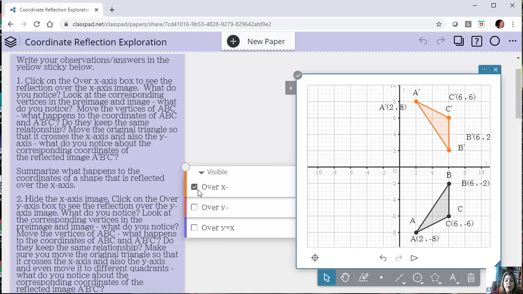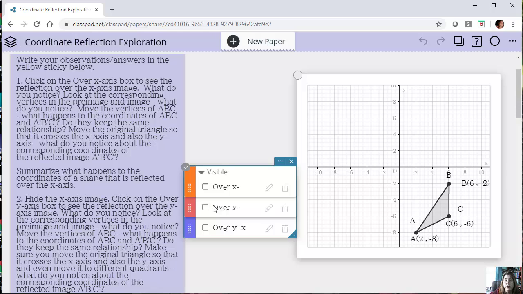So they're going to do that. I'm not going to do it for all of this overview. Now what happens if we reflect over the y? We're going to do the same thing: move things around and see what the rule is here. Over the y, you would expect it to be the opposite of what happens over the x. So in this case, it's the y's that remain constant and the x-coordinate is what becomes its inverse.